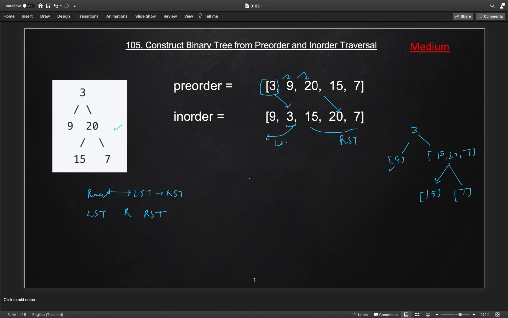So for solving this, what we will do, we will keep 2 indexes. One is start for the in-order traversal, and another is end, which will keep track of the array size in the in-order traversal itself. And also we will keep an index variable which will always give us the subtree root node location. We will initialize this to 0 first, and then for solving this we will build the recursive method.